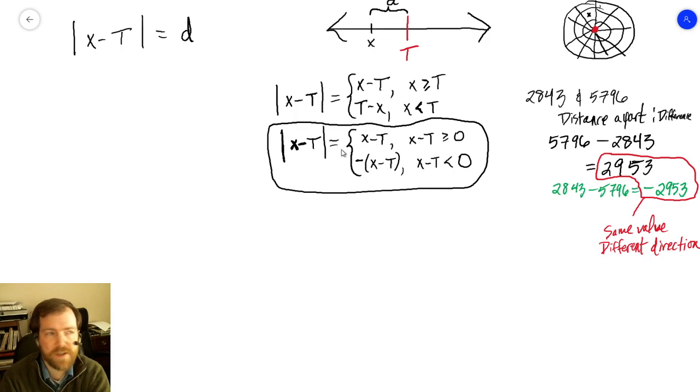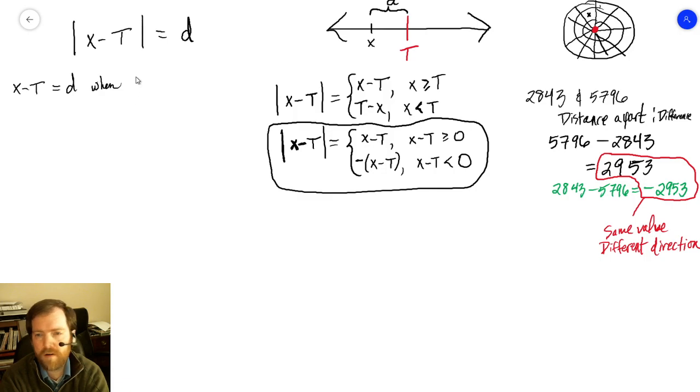Now, in this case, what we can do is say algebraically, we had this original absolute value of x minus t is equal to d, the distance that we're traveling. Well, now we can replace the left-hand side, our absolute value of x minus t, with this stuff. So we're going to have just x minus t is equal to d